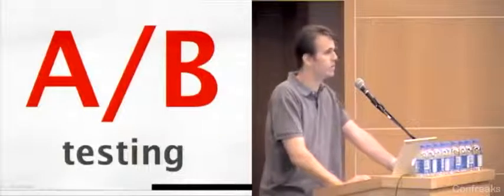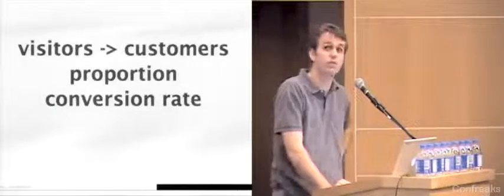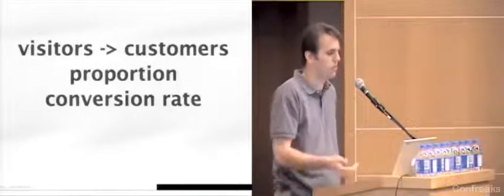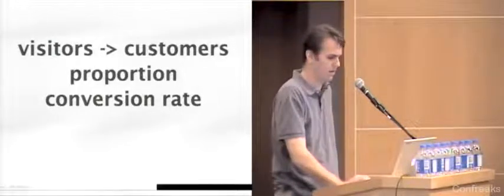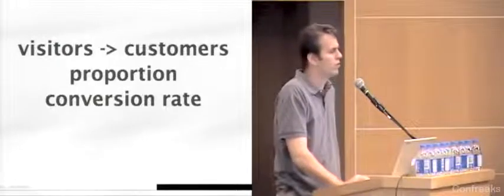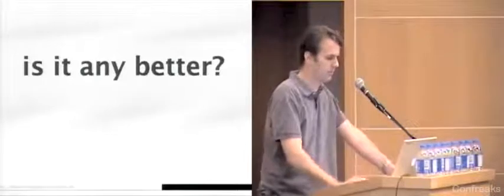So an example of this would be A/B testing. Okay, so let's say I have a site and I sell stuff, and at the site I have visitors coming in, and a certain percentage of those visitors become customers. So that's a proportion. We call it the conversion rate of a website or an advertising campaign. So let's say that I come up with a sweet new website, the new hotness. It's just great, and I know it's going to be good, but how do I actually know that it's any better than my old site? Okay. So how would we go about testing that?